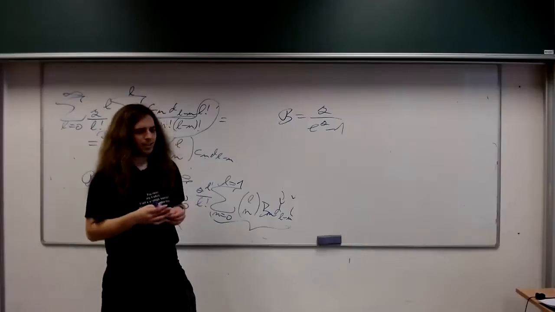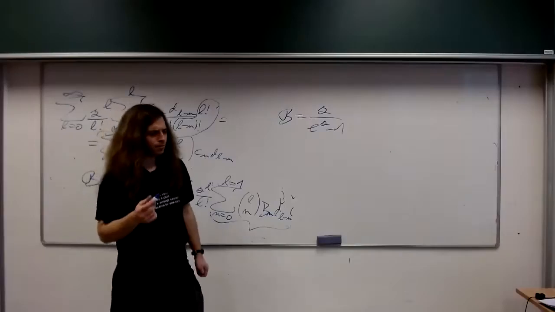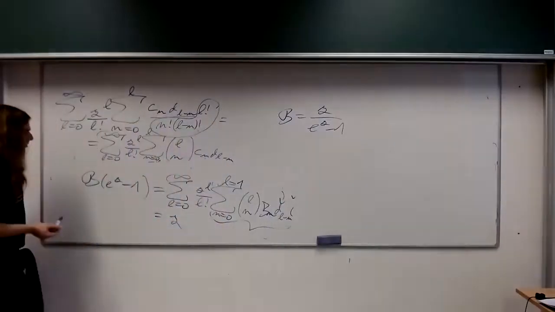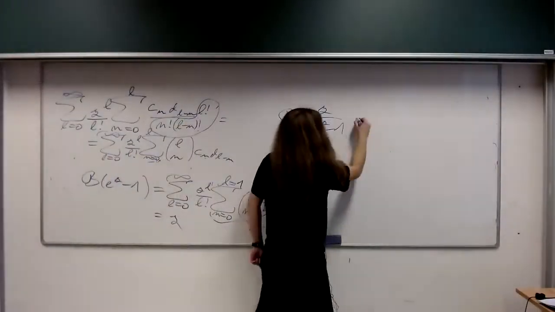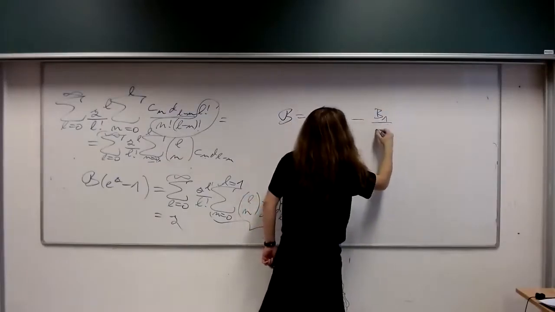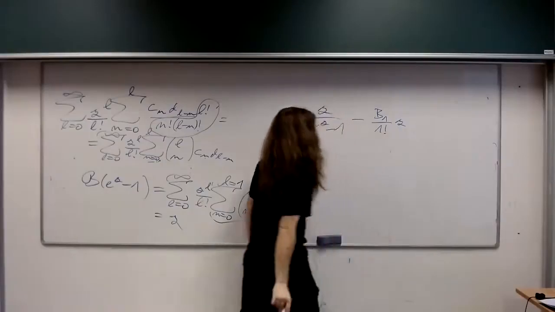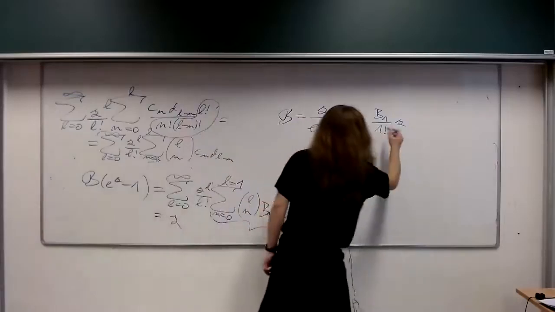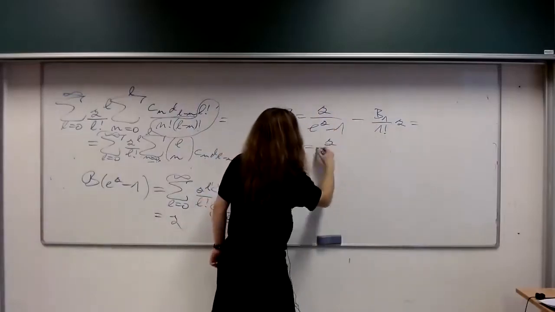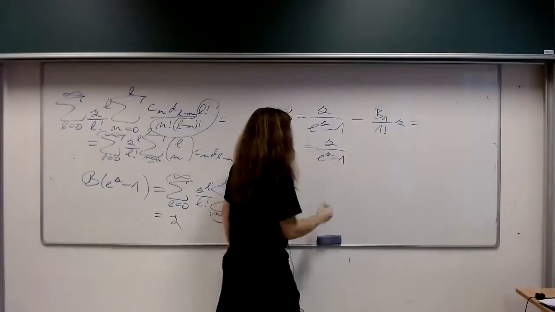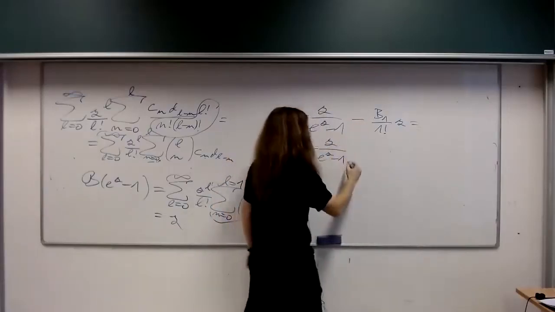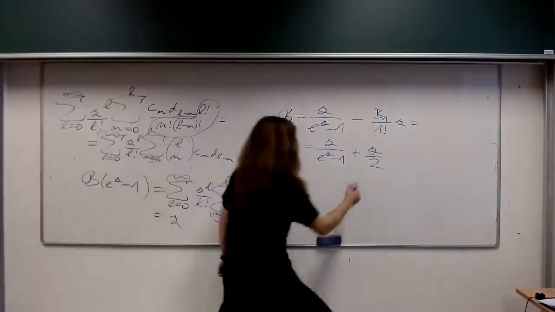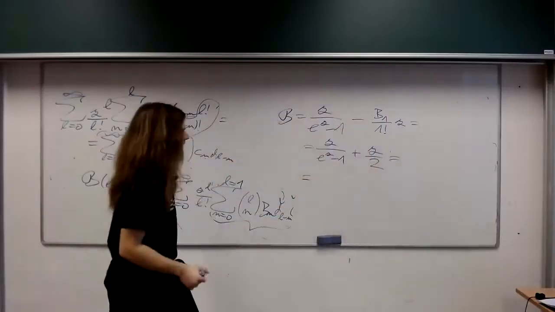Now we know that B1 seemed to be the only odd Bernoulli number that was not 0. So if we want to know if the rest is 0 or not, then let's subtract the term with b1. That's the term with the first power, b1 over 1 factorial z to the first power. Here, b1 was minus 1/2. So in fact, we have z over e to the z minus 1, and here we have minus 1/2 of a z. So now let's add those up. And we get,